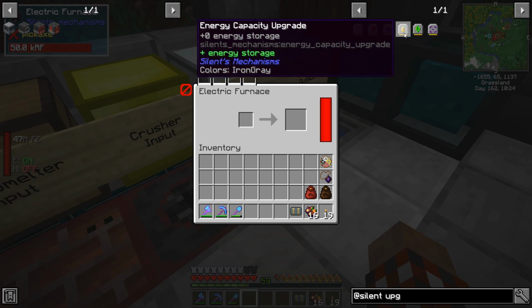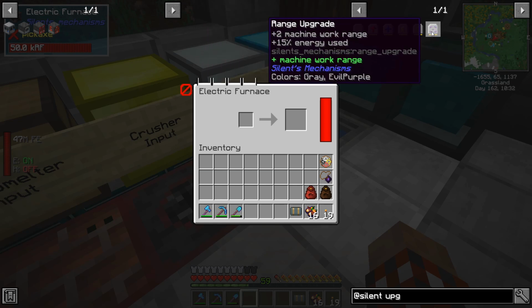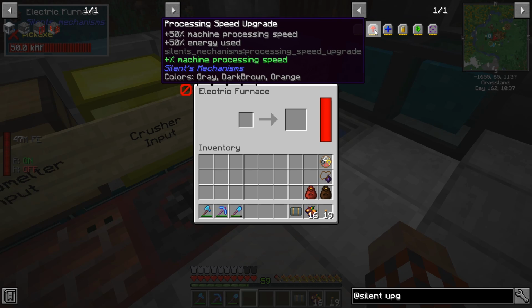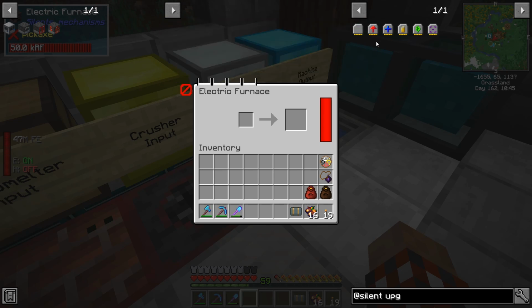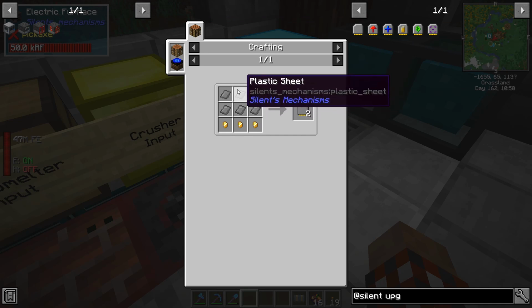The energy capacity, so it holds more energy. The energy efficiency, so that it reduces the power. Again, not that big of a deal. And range. So I'm looking at making 3 sets of 4, because they each have 4 slots and I want to get them as speedy as possible. That means I need 12 of these, which means I need to get this upgrade case,